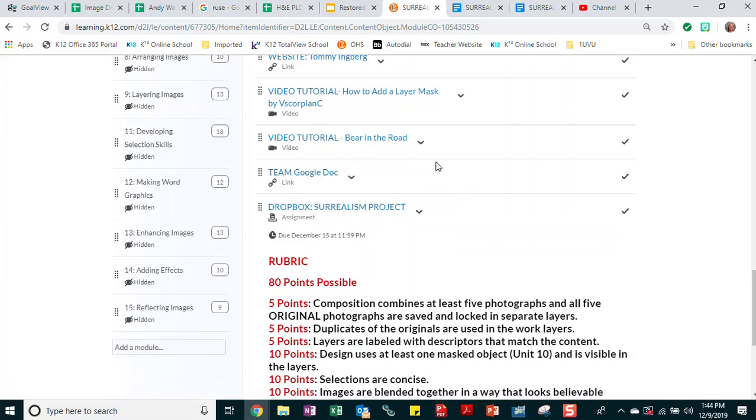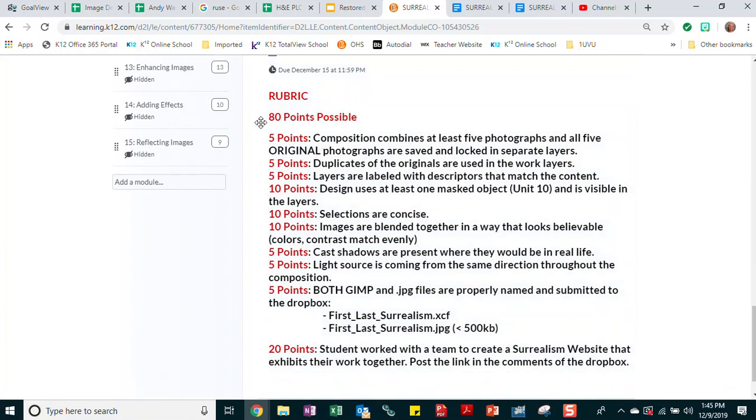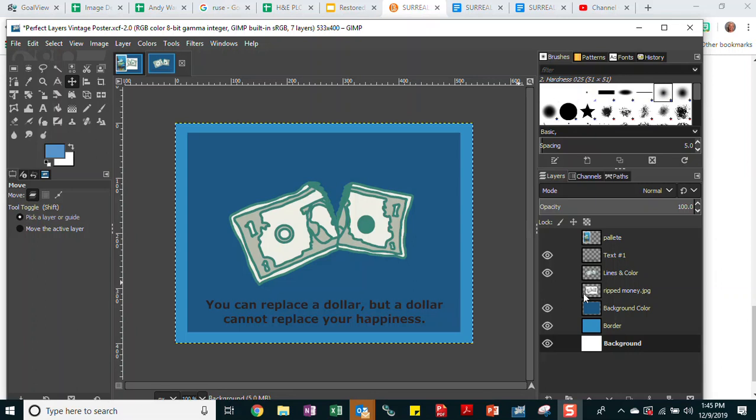There's the team Google Doc where you sign up for your team. Here's the Dropbox with the rubric. 80 points possible. 5 points: the composition combines at least 5 photographs, and all 5 original photographs are saved and locked in separate layers. Don't use your original photograph to do the work. Duplicate it. Right click on the layer, duplicate it. Here's how that looks. Right click on the layer,